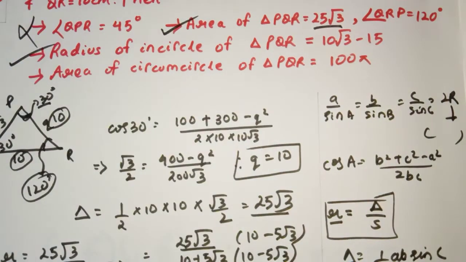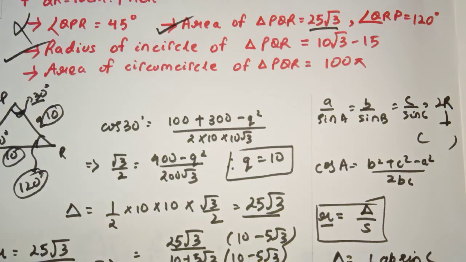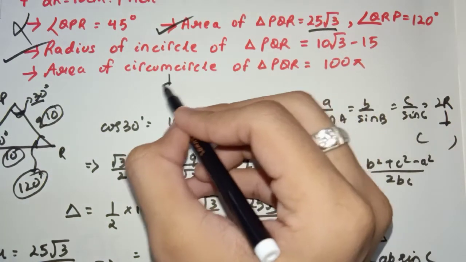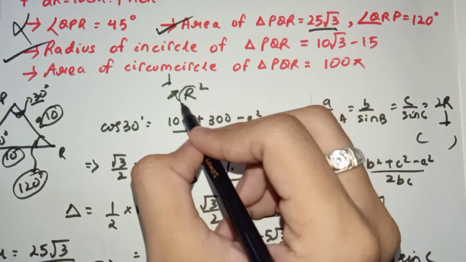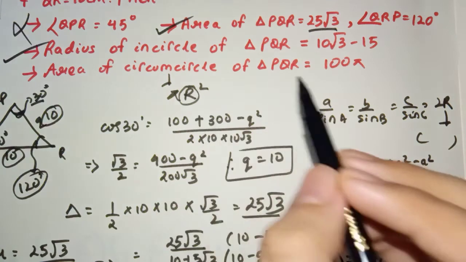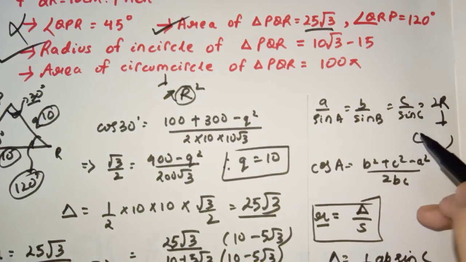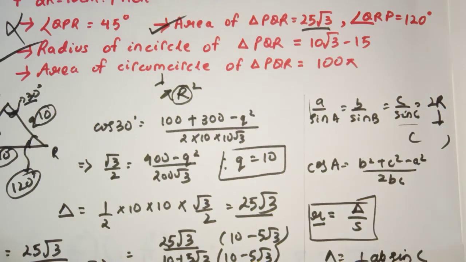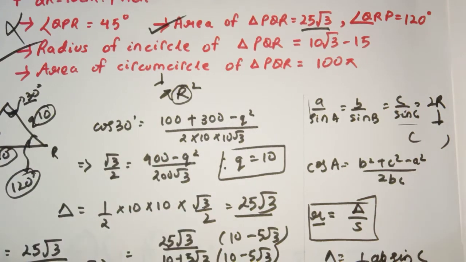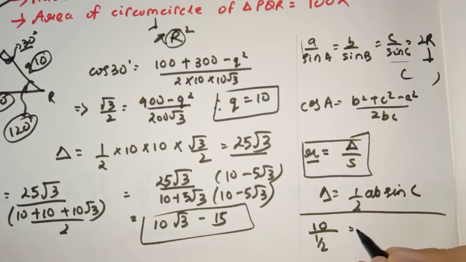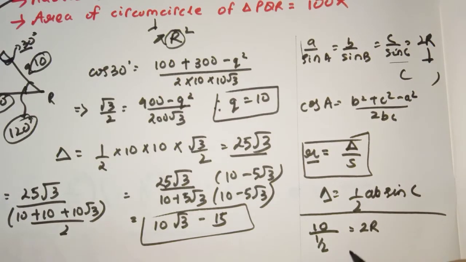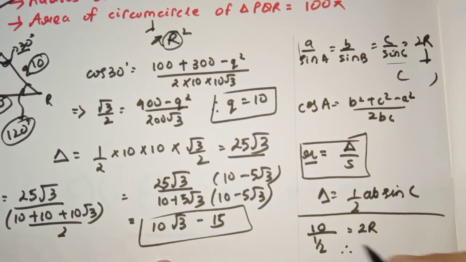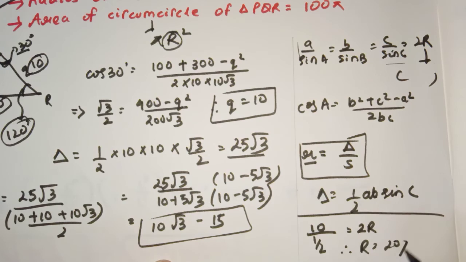That's what we said. Now we move to our last bit, area of circumcircle. So area of circumcircle is pi capital R square, because capital R is the radius of circumcircle. So we have to find capital R. That's our target. The modified sine formula which I said earlier is a by sin A is equal to 2R. So let's take this as a. 10 by sin A, sin A is 1 by 2. 10 by sin A is equal to 2R, right? Therefore, what's R? 20 by 2, that's equal to 10. Therefore, R is equal to 10.